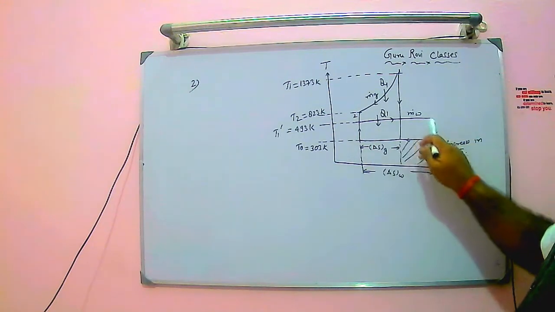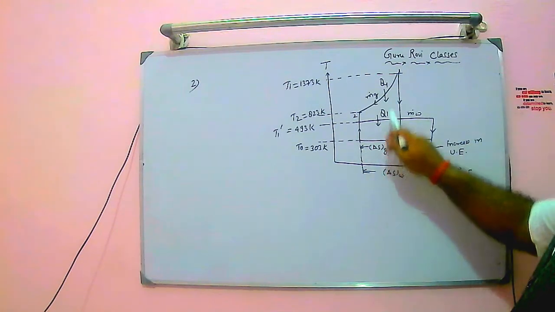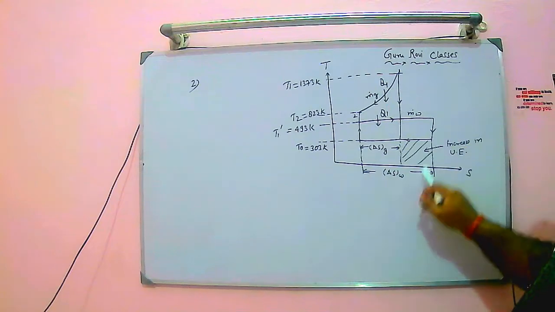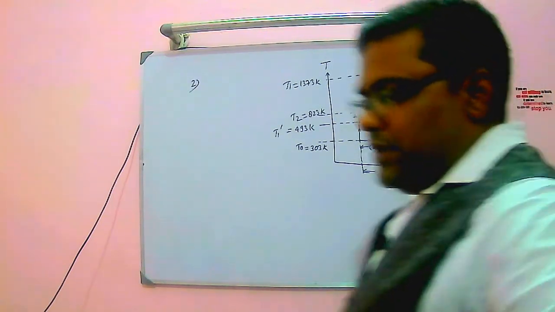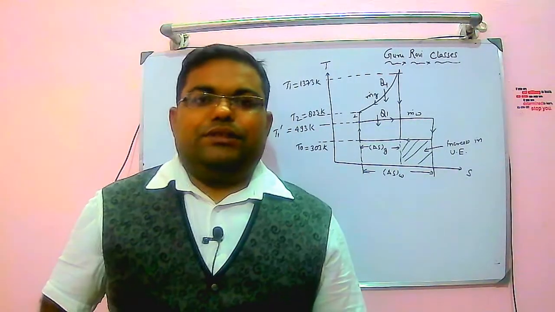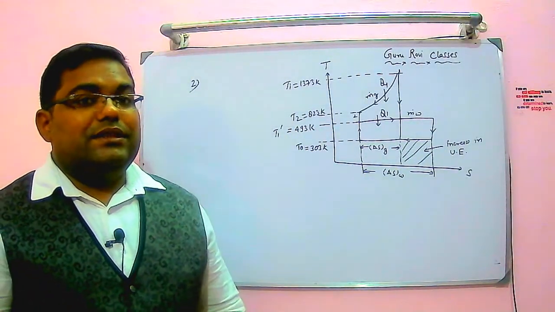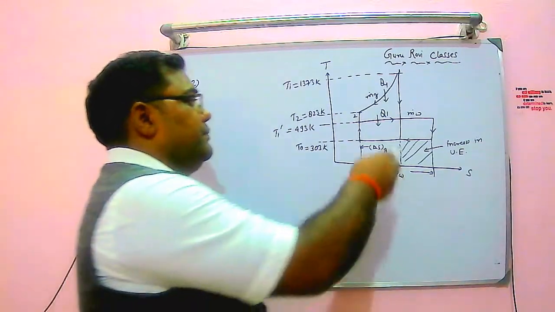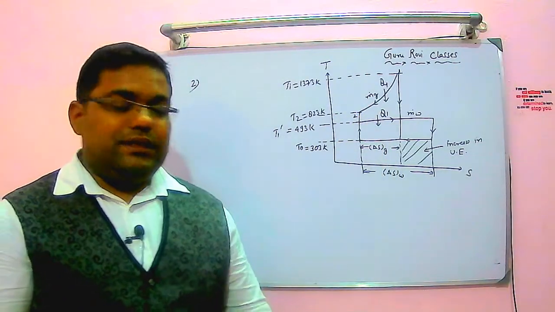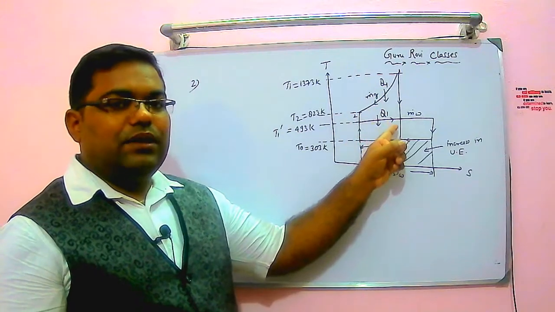This is a complete power cycle. This is the change in entropy of gas alone, and this is the change in entropy of water. The mass flow rate of water, this is the mass flow rate of gas. So first task, we need to know how much heat is getting supplied by the gas. That same heat you are supplying to the water evaporator.